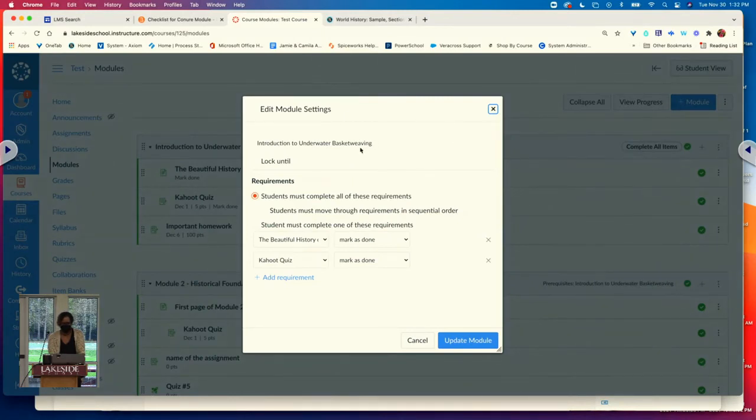And here's where I can set up what they call completion requirements or completion rules. Here I can select that the student must have completed one of these assignments before they can move on to the next thing. So I just picked these two. We're going to look at this from the student perspective a little bit later, so you'll see what it looks like when they haven't completed something and then when they have. So I have two things that they have to complete before the module is going to be available